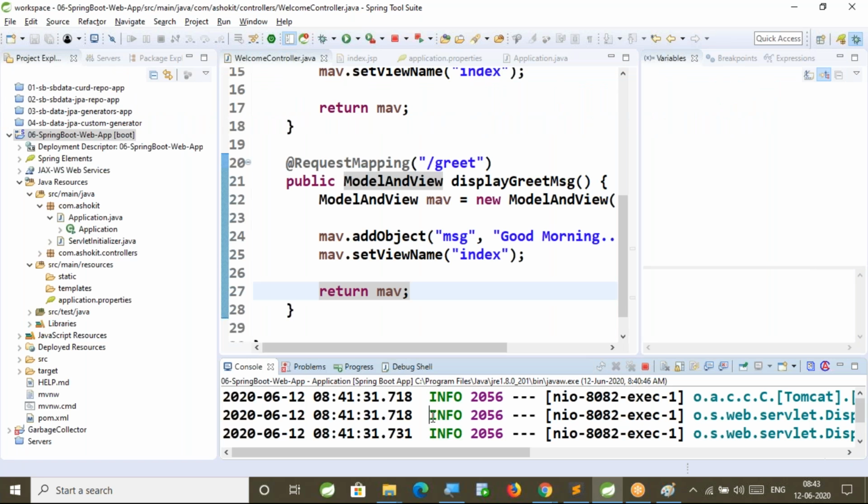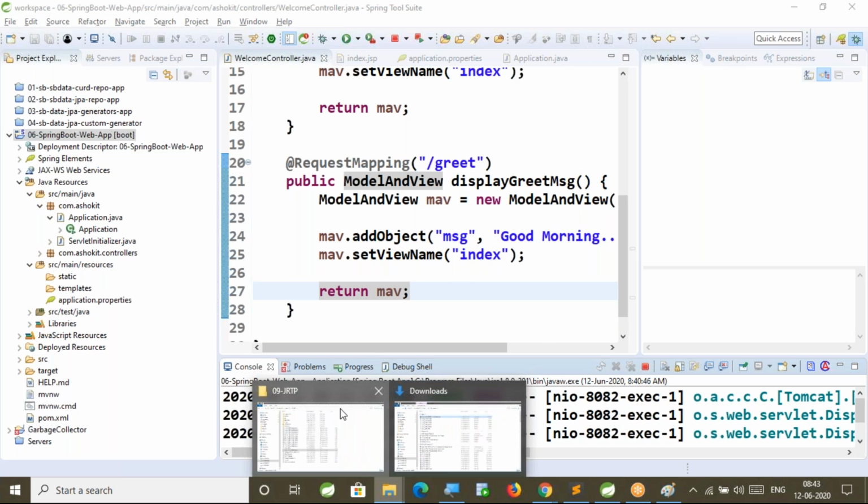So as the Dispatcher is configured, it is executing our request. It is processing our request. What is Dispatcher Servlet? It is a front controller, which is a predefined servlet in the Spring framework. Dispatcher Servlet will talk to the handler mapper, as we discussed in the architecture. Handler mapper will be available, controller will be available, view resolver will be available, view component will be available.